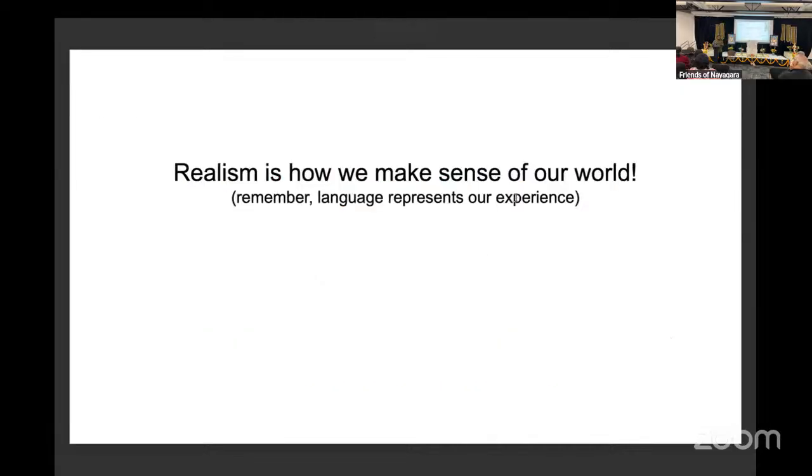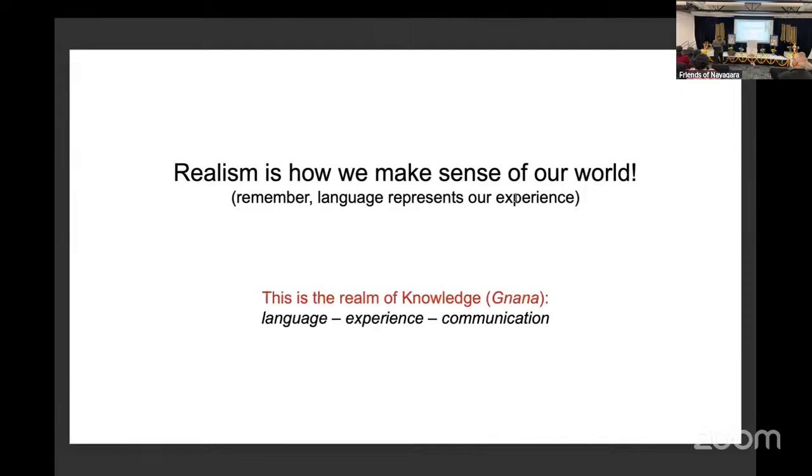And this is how we make sense of the world, and that is why this is represented in our language. Language represents our experience. So in language, we see that we can make sense of it, because subjects, objects, predicates seem to persist whether we look at them or not. And this is called the realm of knowledge, or the word that's used is jnana. And you can actually notice it here. Sometimes people wonder why is that K there in knowledge. It's essentially a residual memory of the fact that the root is jnana. And that becomes kna, and we just drop the na and it becomes knowledge. But that's why we still put the K in for knowing or knowledge or anything like that.